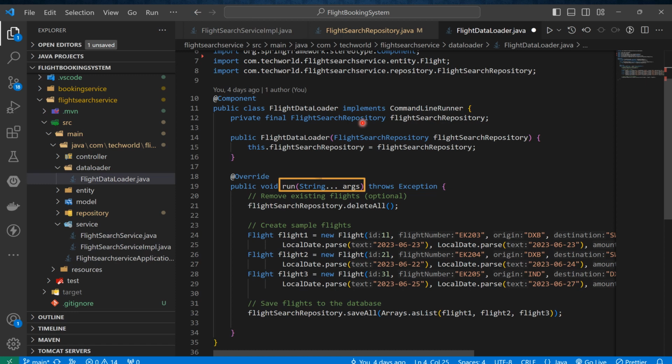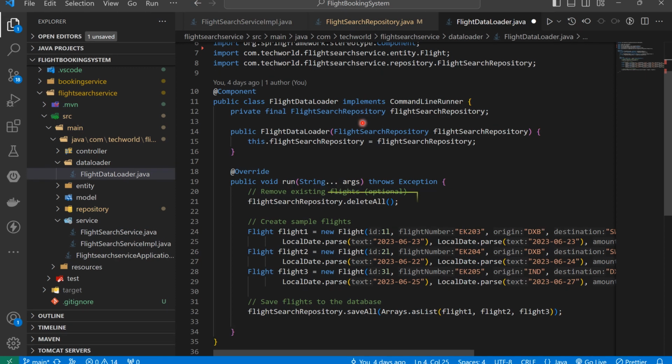The run method is an overridden method from the CommandLineRunner interface. It contains the logic that will be executed when the application starts. Inside the run method, the existing flights are deleted from the flight search repository by calling the deleteAll method. This step is optional and may be used to clear any existing data in the repository before loading the new